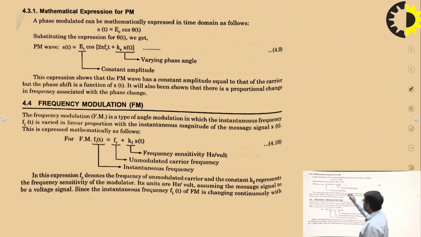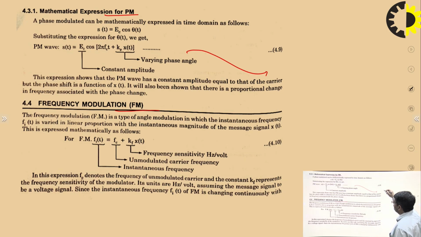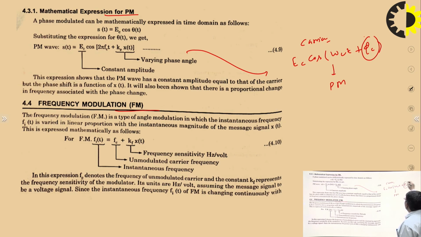Now, let us have the mathematical expression for phase modulation and frequency modulation. In the previous slide we have shown the carrier signal; in terms of E, we write Ec cos of omega c t plus phi c. This is the carrier. According to phase modulation, this angle phi c is changed according to the message signal. So, the equation for PM can be written as Ec cos of omega c t plus Kp into x(t),